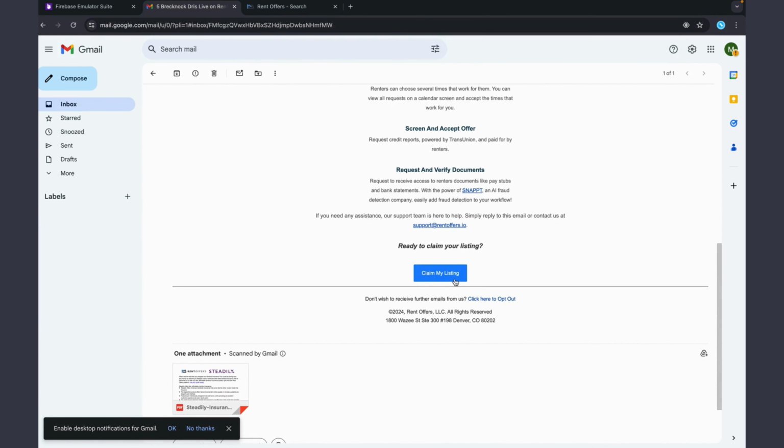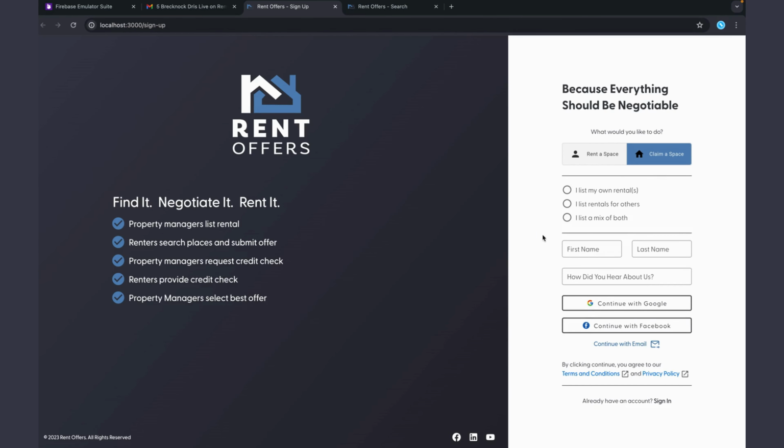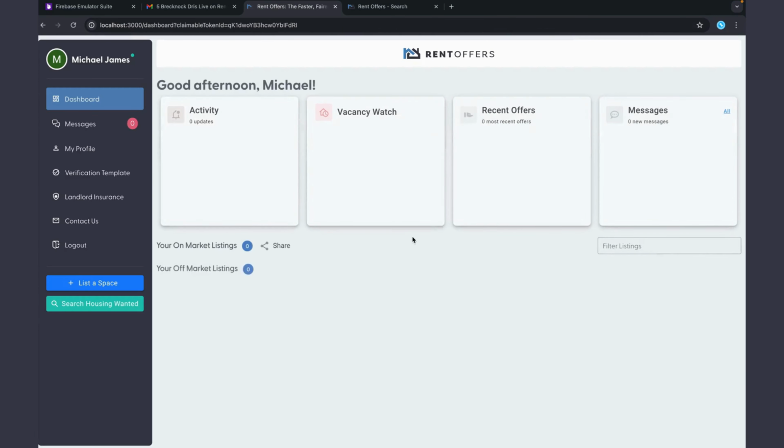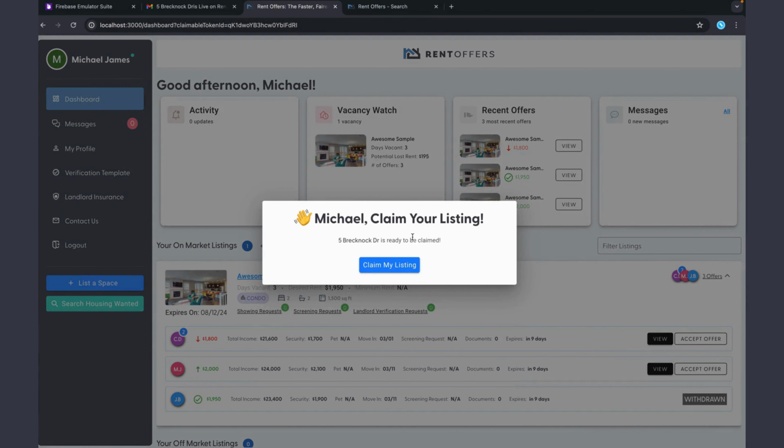So now I'm going to go ahead and claim this listing. I'm going to click claim my listing, and then I'm going to say I list rentals for others, Michael James, and then I'm going to click continue with Google. This is going to create an account and redirect to the dashboard. Behind here, we can see some dummy data just to show what the dashboard looks like when it's populated. And then as soon as the user clicks claim my listing,